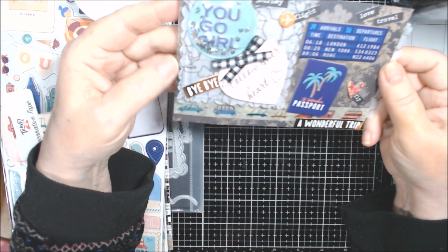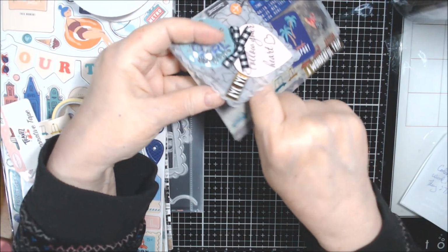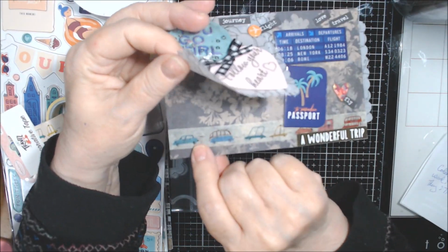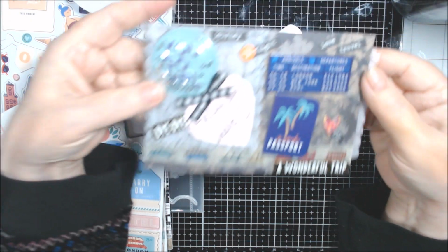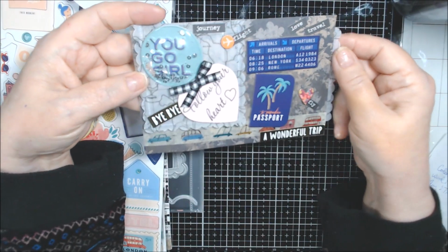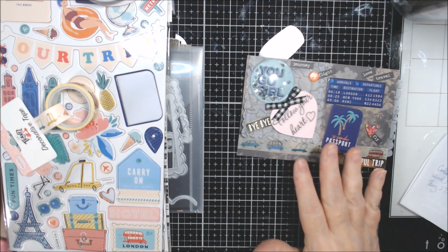Like I said, it's kind of a mishmash. Oh, and this, I could actually put a little journaling spot under there if I wanted to. I think that looks charcoal, don't you? Anyway, let me know what you think of my travel, love, and charcoal altered index card, and we'll put that